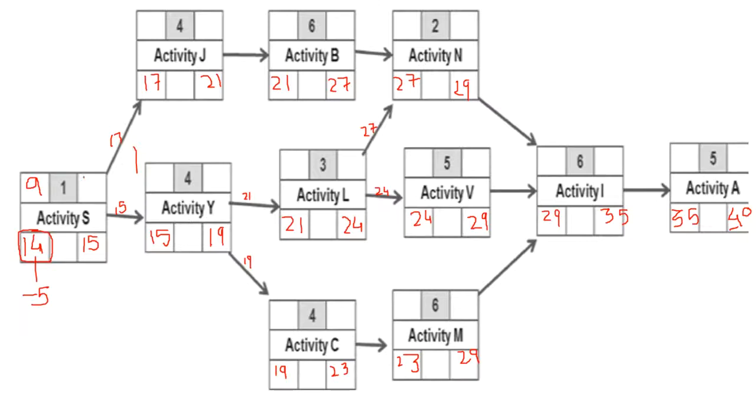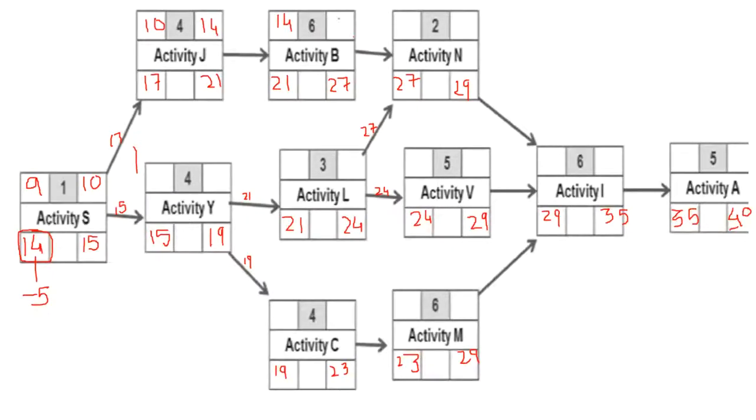Then we can calculate the forward pass to give us the early start times of this activity, and we could see that if that's the case, 10, and this one early finish activity J would be 14,